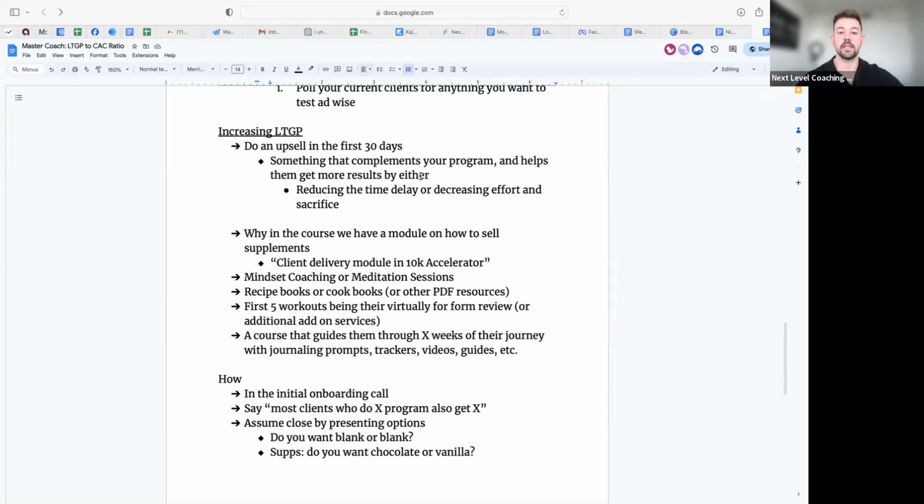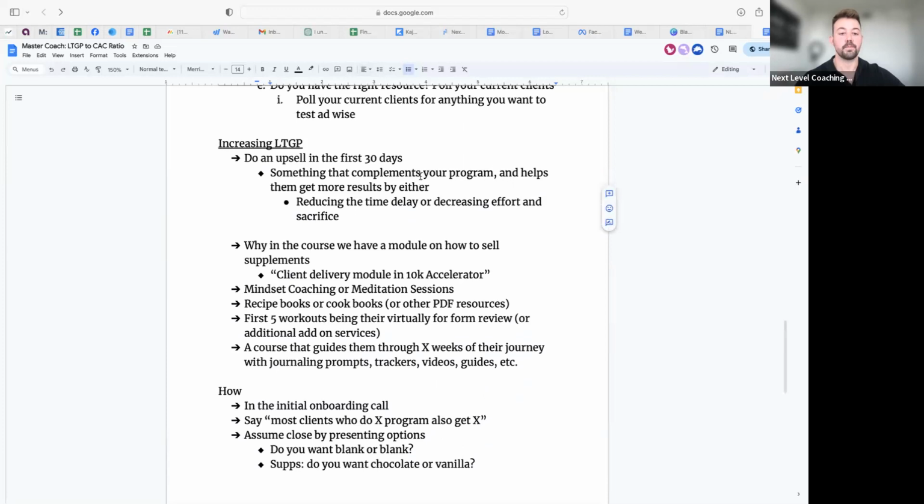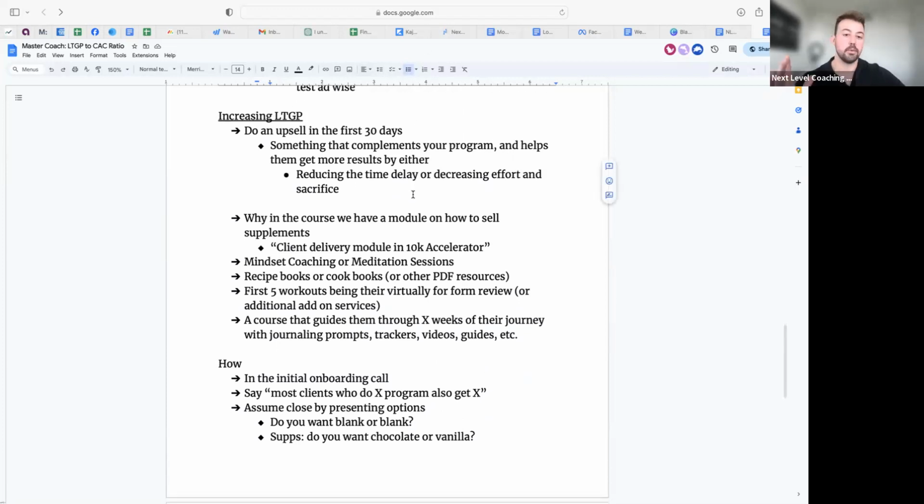Cool. Well, you guys are making it easy for me then. The other obvious ways to increase lifetime gross profit would be improving your re-sign rate. If your re-sign rate is not at least 30% month over month, then that's an area for you to improve. And then the last way to increase your lifetime gross profit would be your Ascension program. We talk about that in the beginning of the course, but having a back-end Ascension program will always increase lifetime gross profit because you don't have to spend any more marketing dollars to get somebody to ascend.